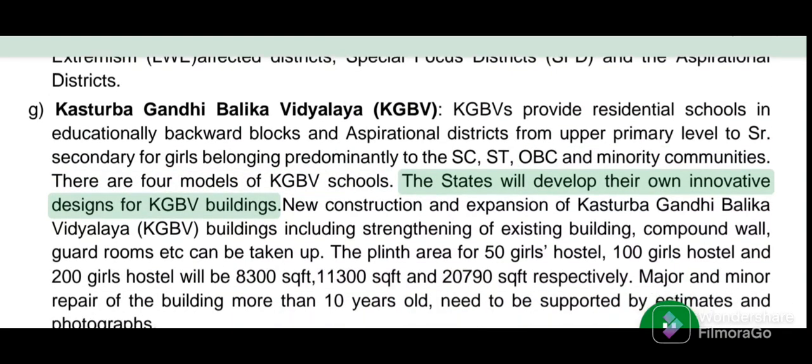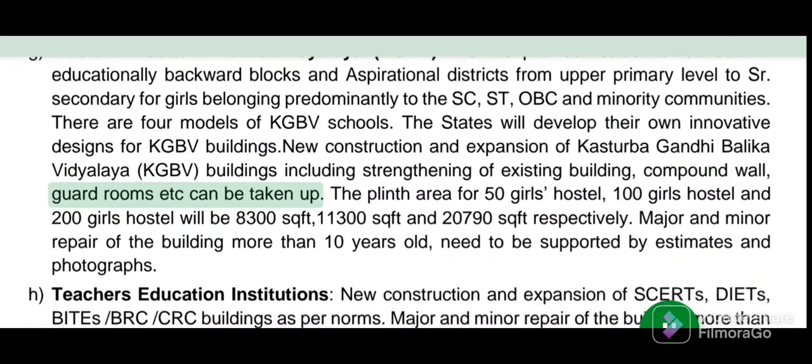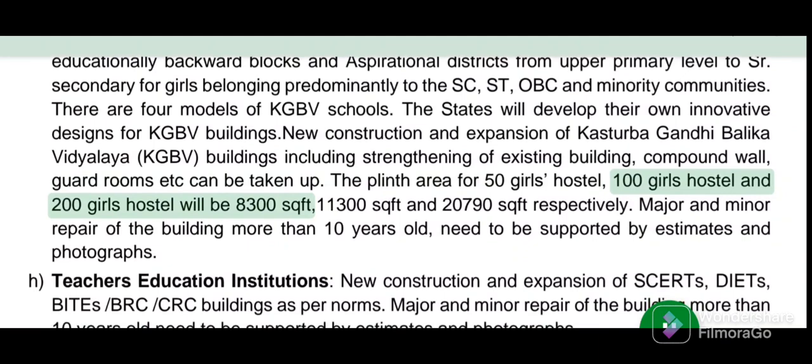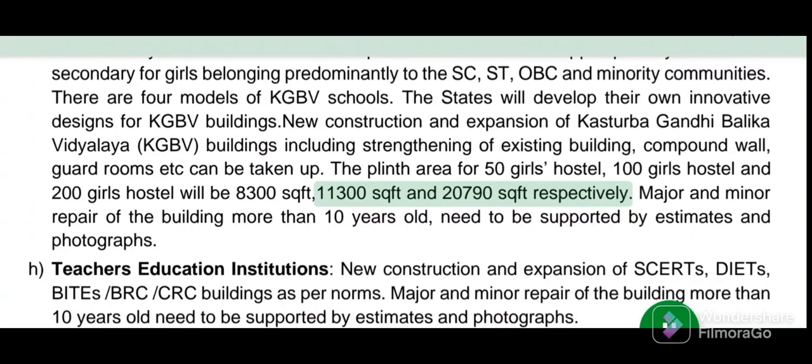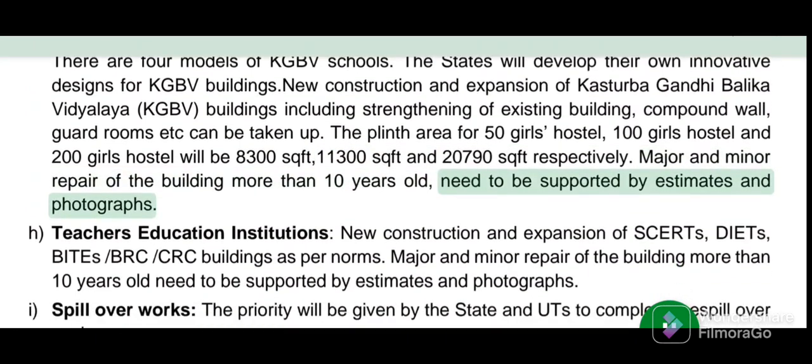The states will develop their own innovative designs for KGBV buildings. New construction and expansion of Kasturba Gandhi Balika Vidyalaya (KGBV) buildings, including strengthening of existing buildings, compound wall, guard rooms etc., can be taken up. The plinth area for 50-girls hostel, 100-girls hostel and 200-girls hostel will be 8,300 sq ft, 11,300 sq ft and 20,790 sq ft respectively. Major and minor repair of the building more than 10 years old need to be supported